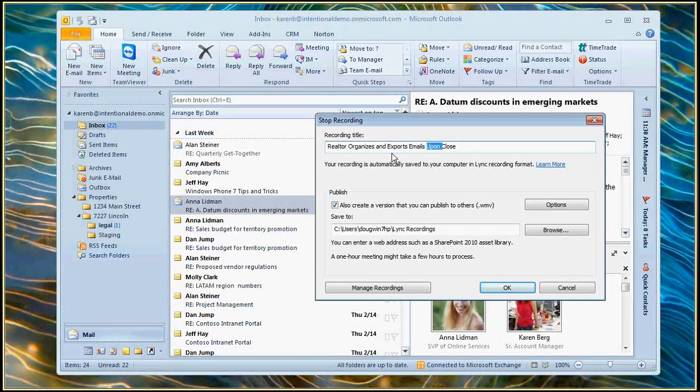Yeah, I'll put the word in there. It's for email. Perfect. Okay, so we're going to send that to